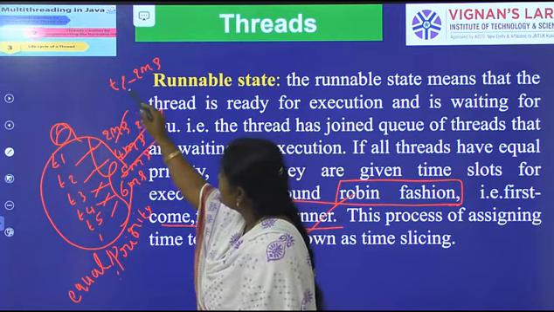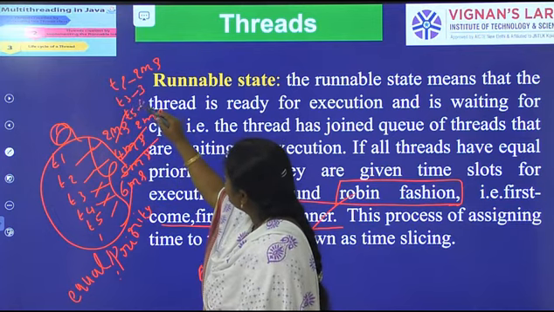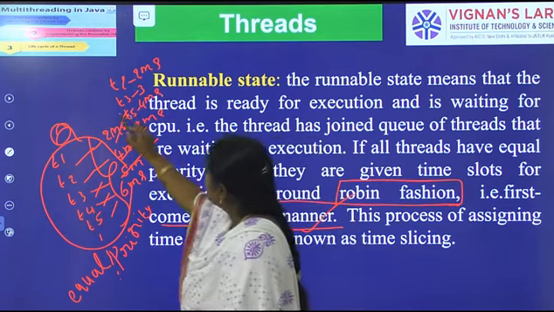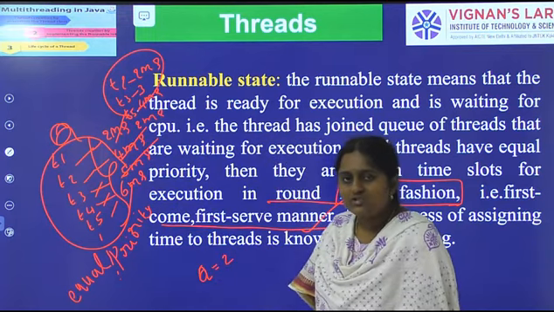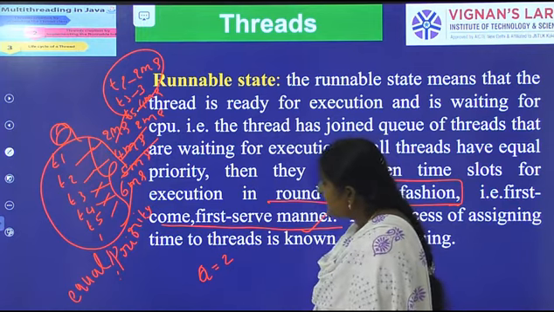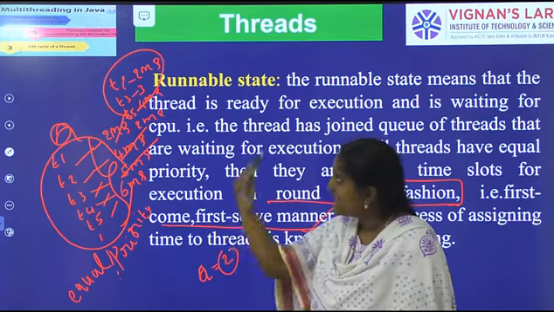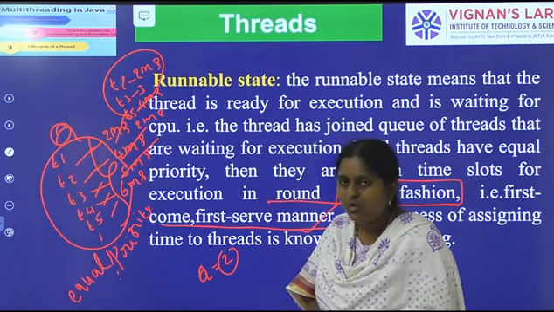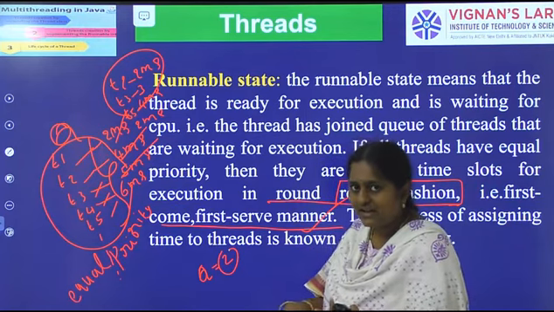Again 3 milliseconds time is there. Again T3 is also waiting on the queue. Next T5, again 4 milliseconds time is required to complete its execution. So again T2, T3, T5 are waiting on the queue. After that the CPU checks whether any threads are waiting on the queue or not, and follows the same procedure. After the time slice is completed, it finishes its execution. Otherwise it moves to the waiting state and waits for CPU execution. In this fashion, a number of threads are executing on the CPU.